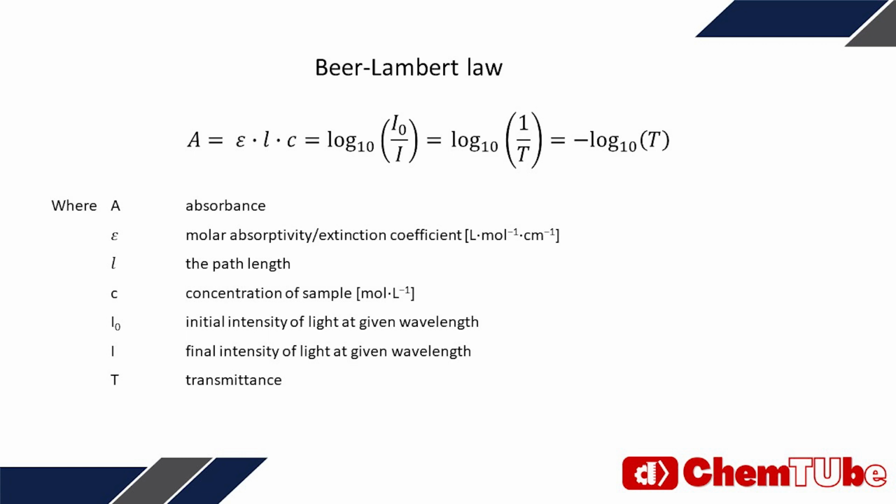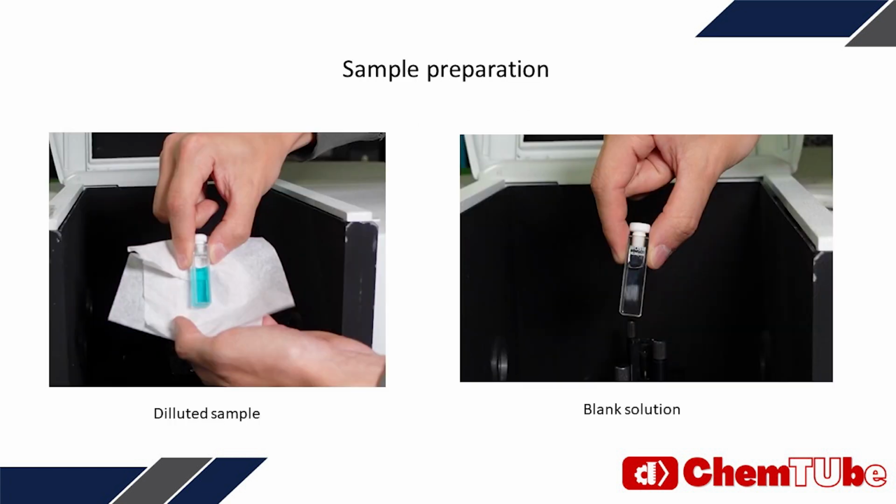Keep in mind, if absorbance exceeds 1, we should dilute the solution to ensure accuracy. Sample preparation is crucial for accurate UV-Vis spectroscopy. Bear in mind that transmission is actually measured, so samples should not be too optically dense. For solution, a concentration of 10 to the power negative 4 molar is a good starting point.